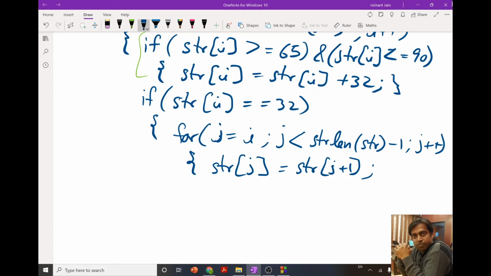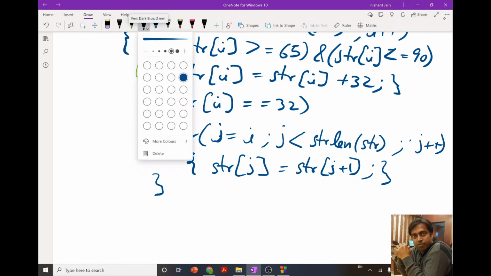Okay, and yes, we do not need the 1. So with this we will be able to shift the characters. Let us check if it is going to work or not.